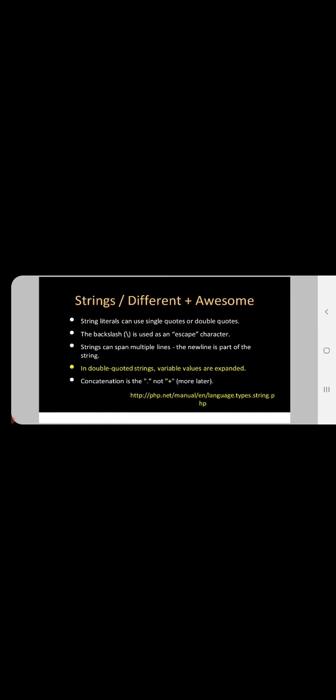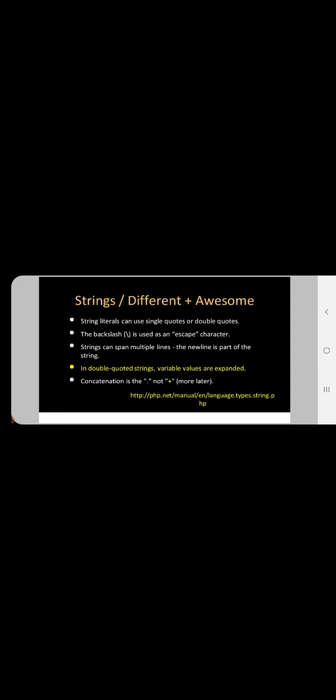A string is nothing but a set or group of characters written in between quotes, a collection of any characters like alphabets, numbers, symbols and so on. The backslash is used as an escape character, and strings can span multiple lines. The new line is a part of the string.